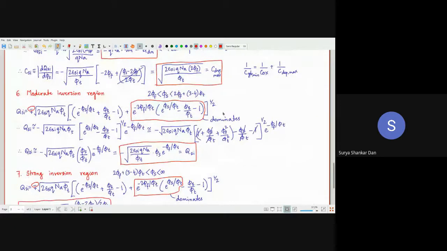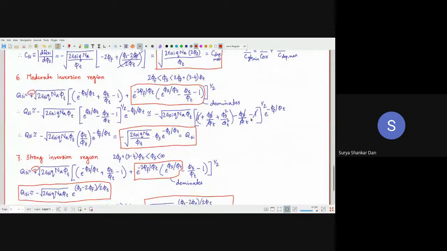Then what is happening in the moderate inversion region? Or let's go into the strong inversion itself. It's basically the same. This region will dominate in the moderate inversion. Moderate inversion means greater than 2 phi f, but less than 2 phi f plus 3 to 4 phi t. This 3 to 4 phi t is an allowance which we are going to provide for a proper estimation of VT, which we have discussed in one of the previous lectures, right?